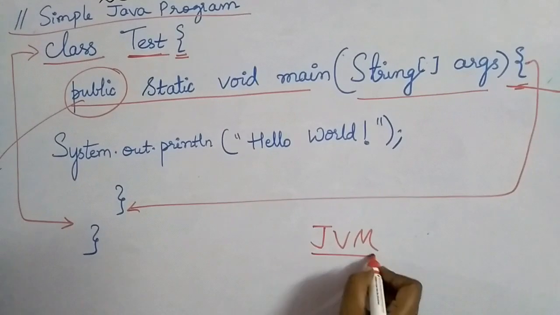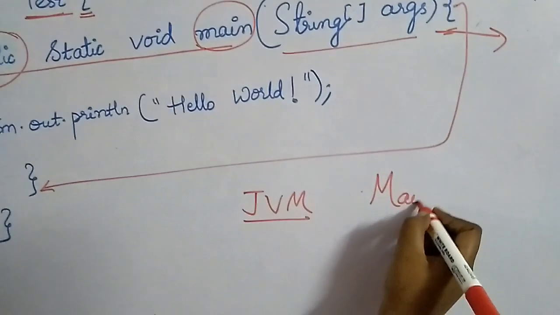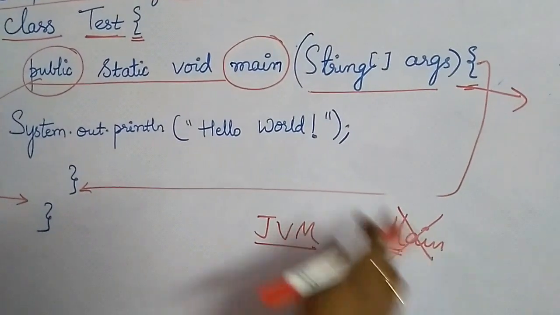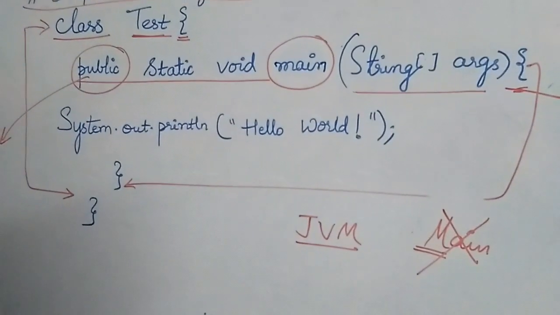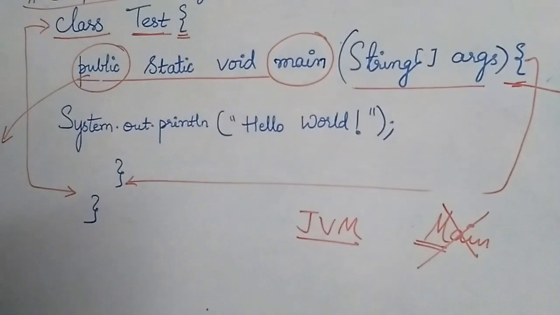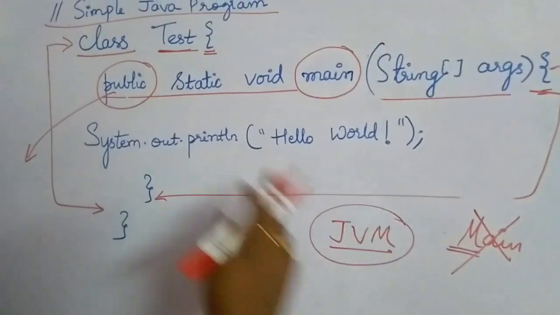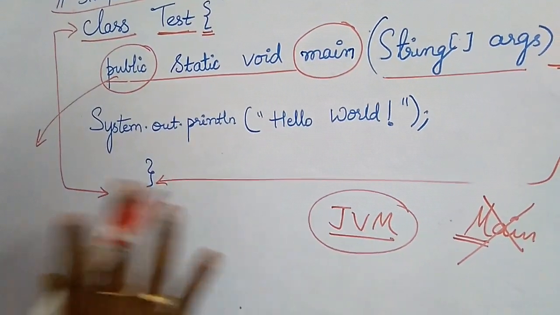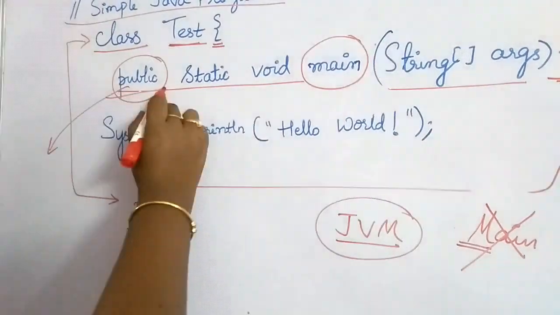Now main is case sensitive, so this is all in lower case. Many students write capital M for main, and this is wrong. You can have another method like this, but JVM will not look for it. JVM will look only for this to start execution. Public means that every other class can execute this main method. If it is public, JVM can start executing it. If it is private, JVM cannot execute it, because the scope is only within the class. That's the reason why the main method is public.